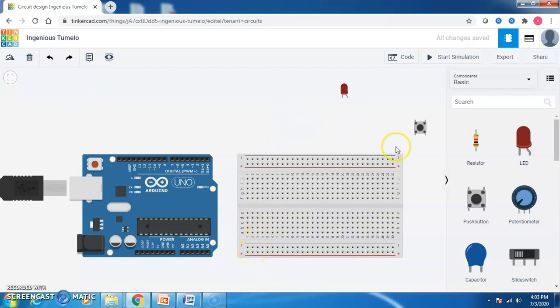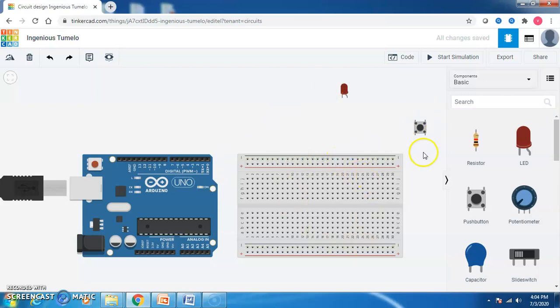In order to do the connection, let us see about the push button, which is nothing but a switch. This push button is going to have 4 legs, leg 1, leg 2, leg 3 and leg 4. The legs of the push button have to be connected to the Arduino Uno board. This leg is connected to the 5 volts of your Arduino Uno board, and the other leg of the push button is connected to the ground in your Arduino Uno board, and another leg of the push button is connected to any one of the digital pins in your Arduino Uno board, and the other leg should be left empty.